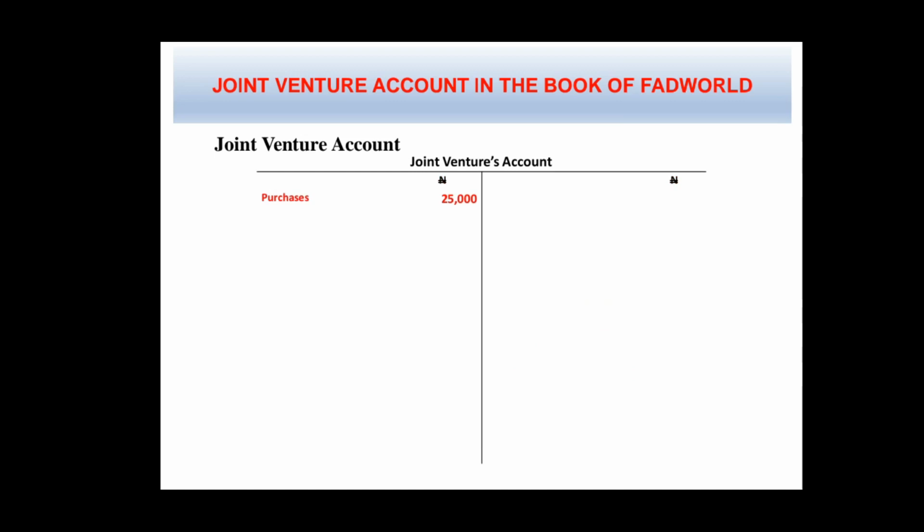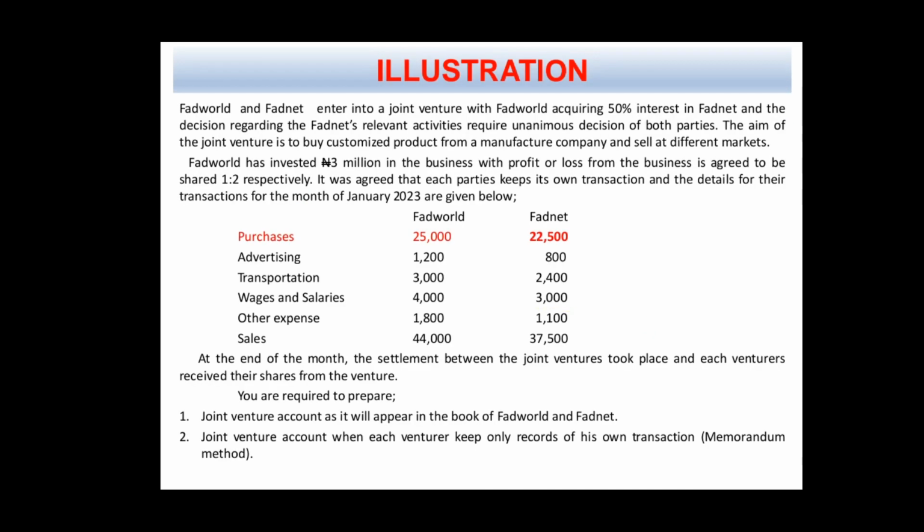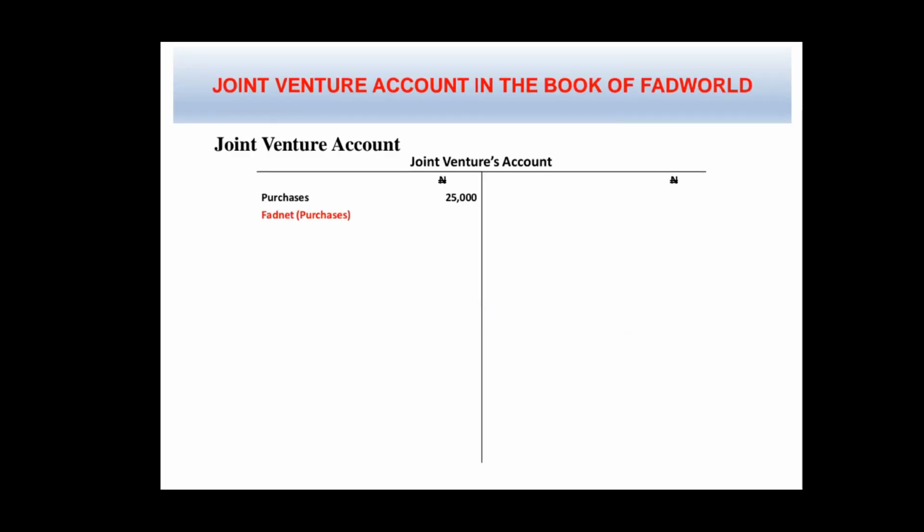So let's look at Fadnet. Fadnet purchases is 22,500 naira. So that will be treated like a personal account. So we go back to the joint ventures account. So we have Fadnet, that is purchases in brackets. So to know what the entry is made for, which is